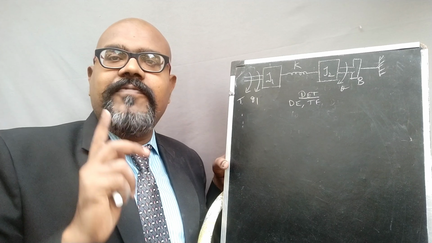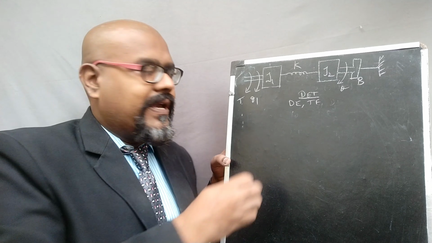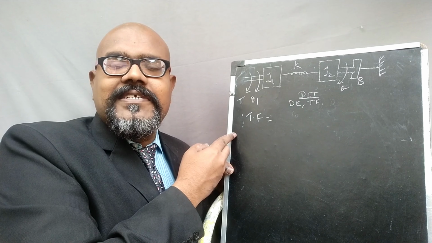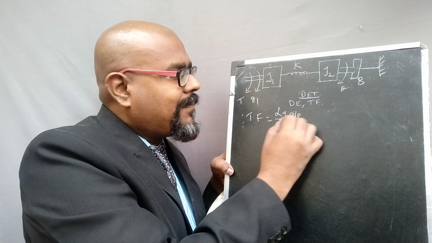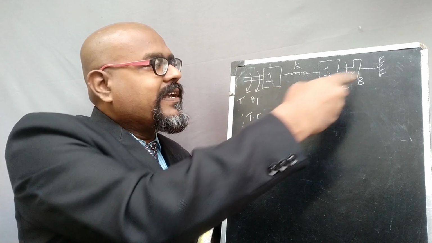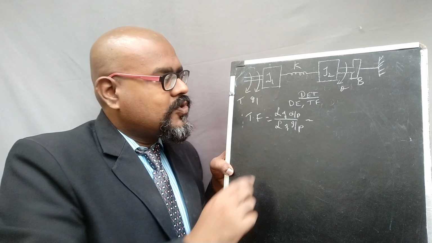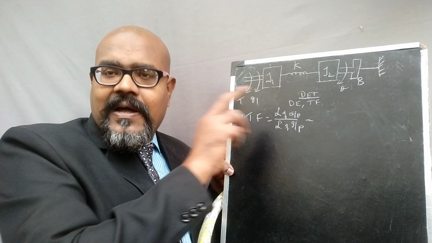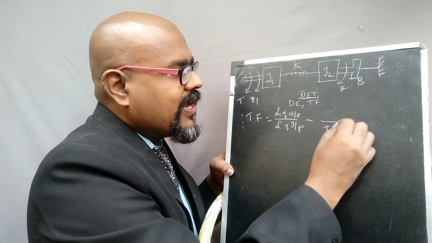So the first initial step is to find out the variables of the output and the input, because we are supposed to determine the transfer function. For the transfer function, we know the formula: Laplace transform of output divided by Laplace transform of input. So we need to determine the variable used in the system as output and the variable used as input. We don't have any doubt in the input signal, because the input, that is the applied torque, is nothing but the input. So here we can say T of S is the input.